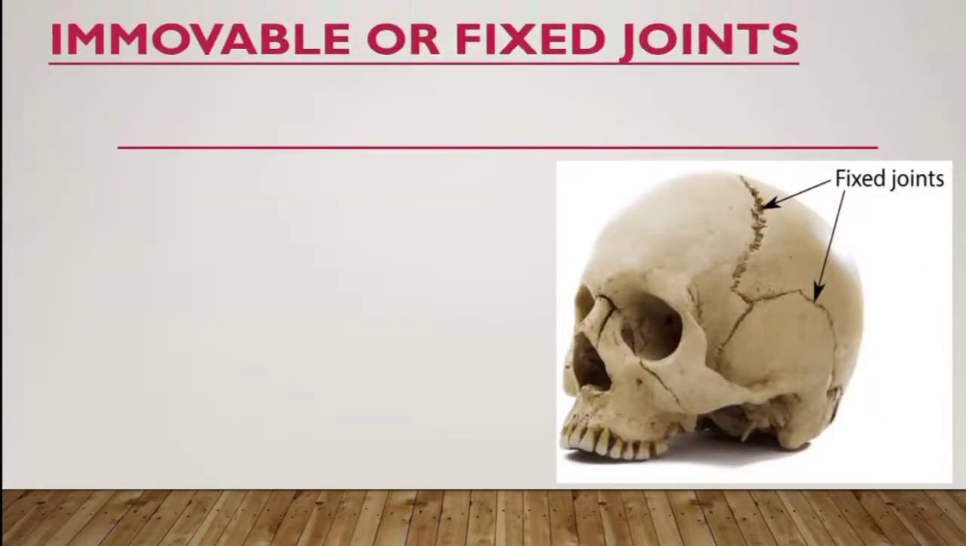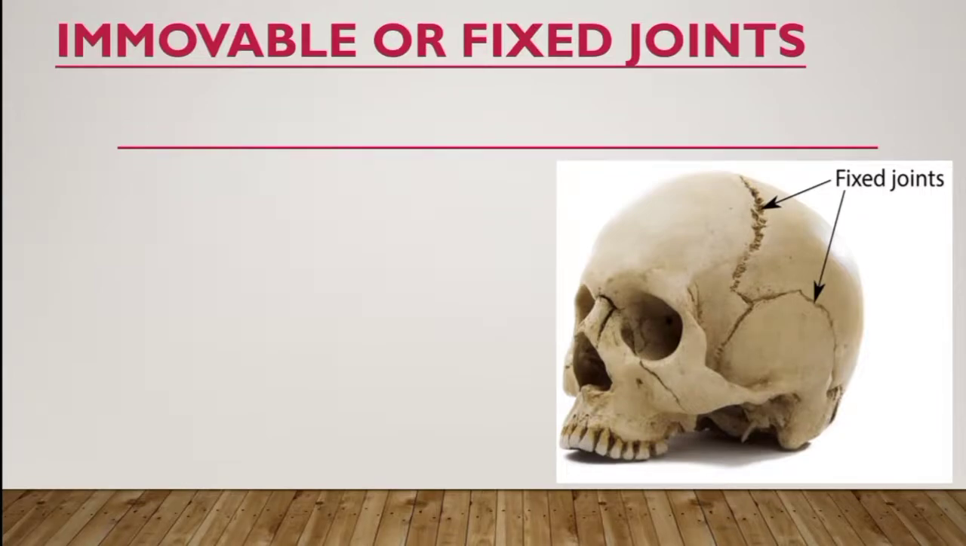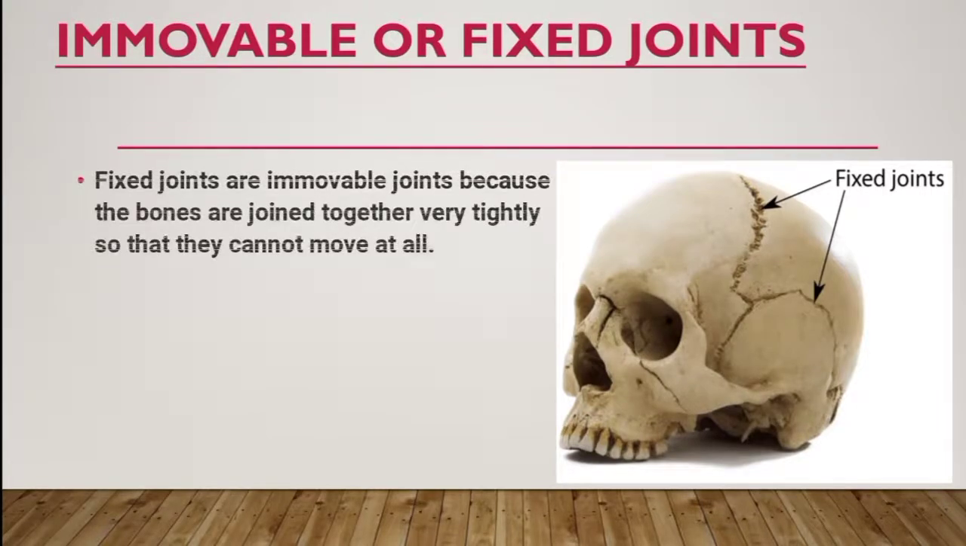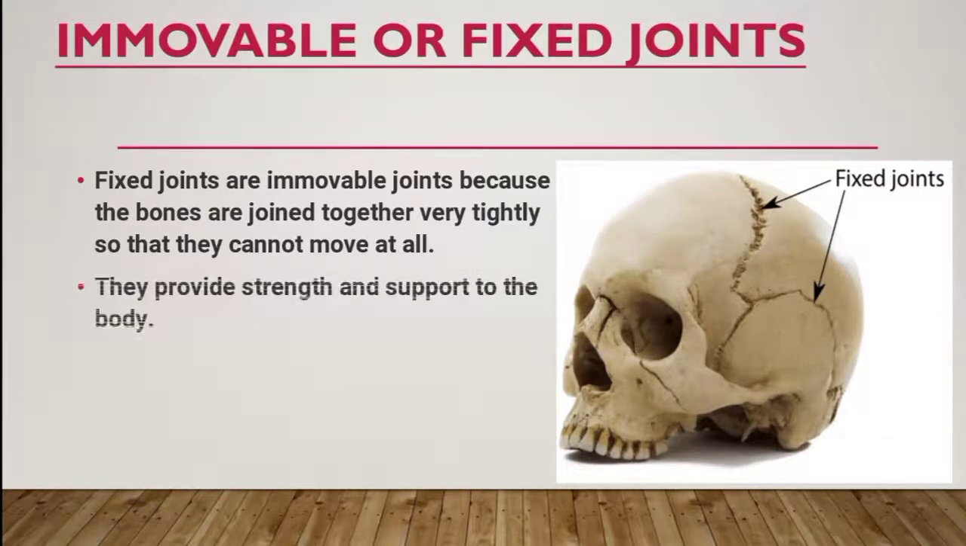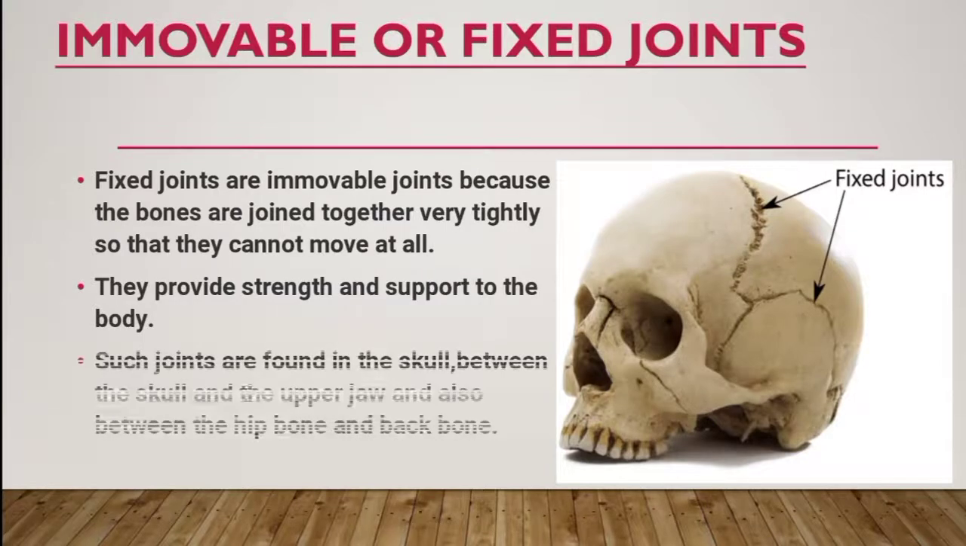Next type of joints is immovable joints or the fixed joints. Fixed joints are immovable joints because the bones are joined together very tightly so that they cannot move at all. They provide strength and support to the body. That is their main function. Such joints are found in the skull, between the skull and the upper jaw, and also between the hip bone